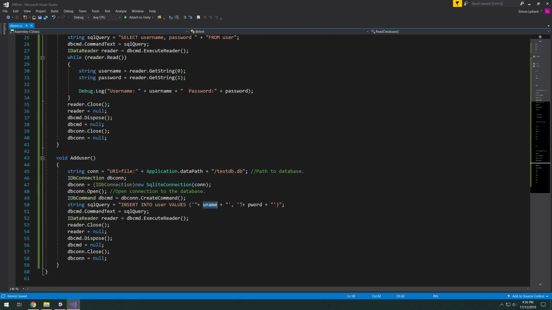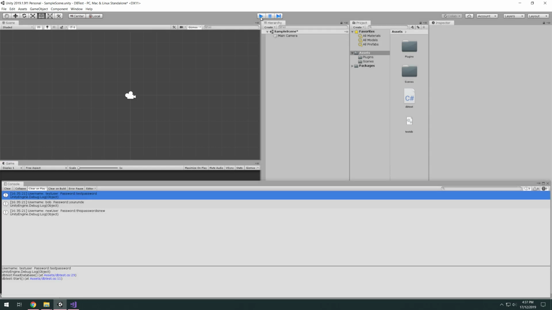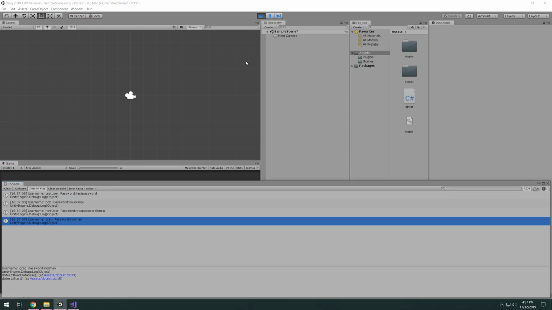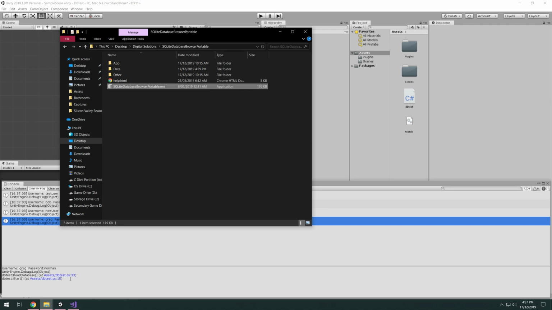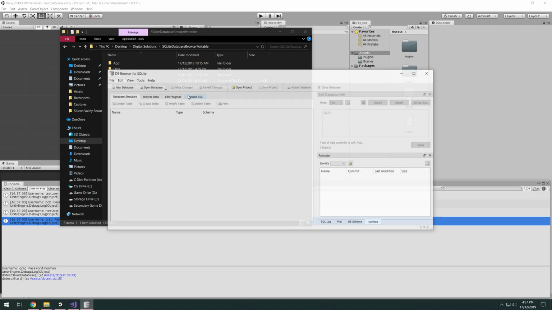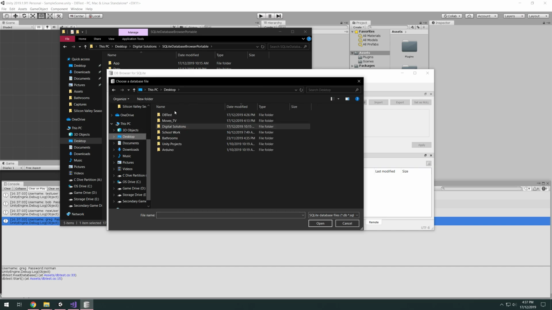Now these are values that you could have generated a number of different ways. You can put them in, whatever it is. So let's let that compile. Turn this off, turn it on. There we go. It's added Greg Norman as a user. If I actually go out of Unity and go to my SQLite browser again, and I open that database up,